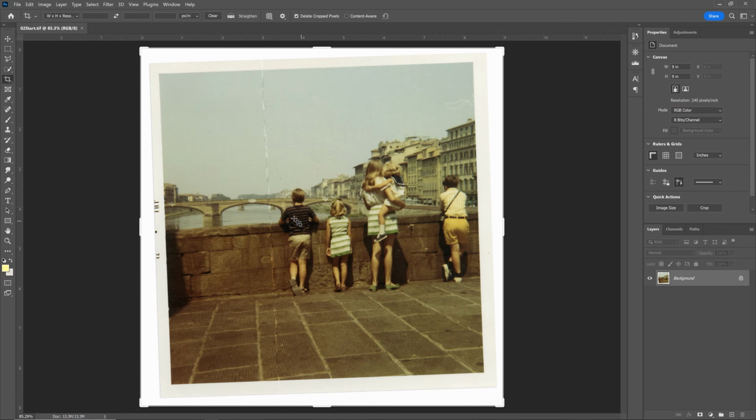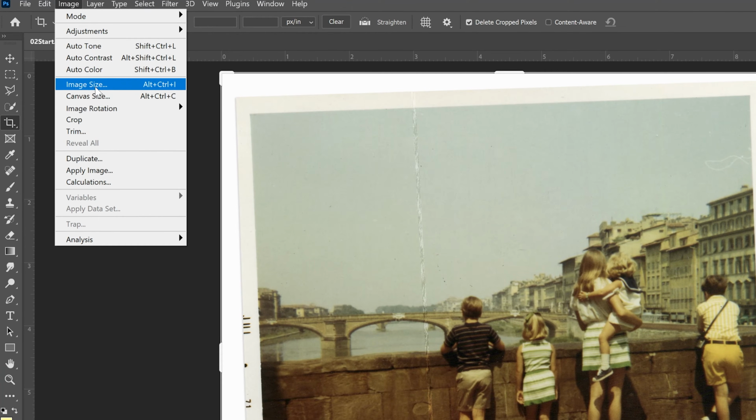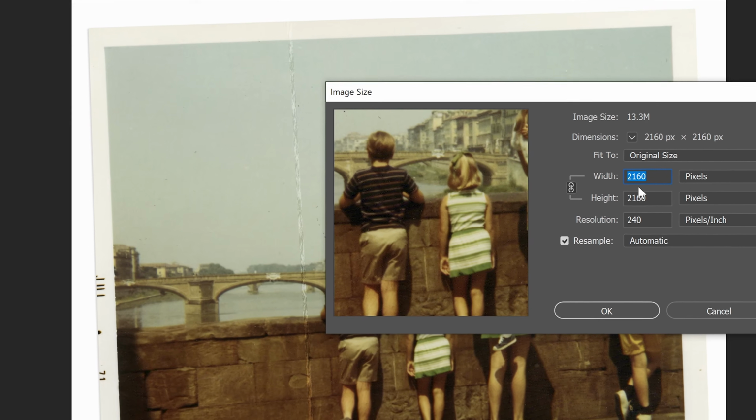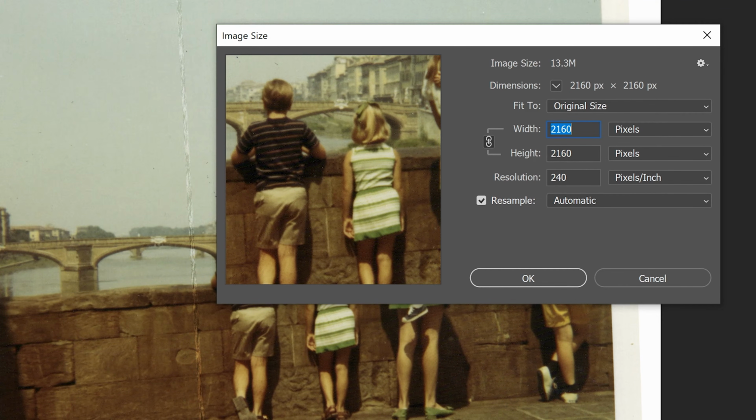What that looks like in terms of our size: I zoomed out with Control 0, and it shows I'm at 85.3% of the image. I'm not seeing 100% of the pixels right now at a smaller size, but I can also go to Image, Image Size, to see what my settings are and what the resolution is showing. Here I am at 2160 by 2160. That means it's a square image. And in terms of resolution,